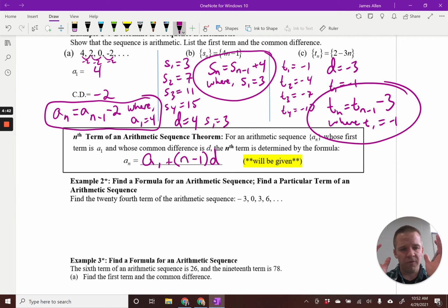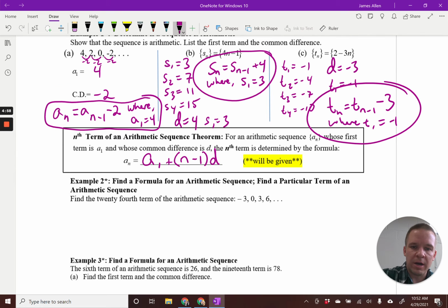You could use this direct formula here, or some like to think through it with their first term. I'll explain what I mean with an example here in just a sec. All right. So jot that down. It's an important one. We'll give it to you as well. You see it highlighted in yellow. All right. So